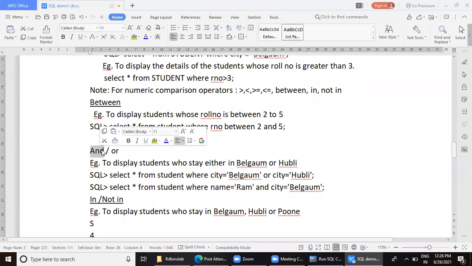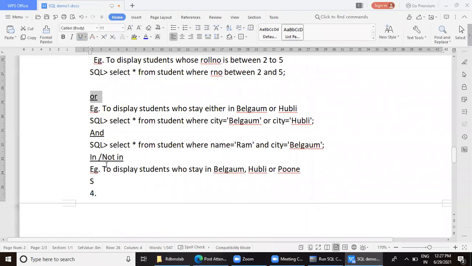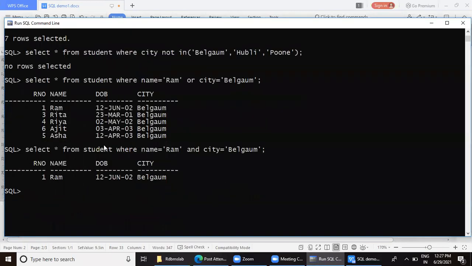Remember, these SQL commands are not case sensitive. Fine. So in and not in, I have shown you. Anyways, I'll copy that later. So is this clear to you?